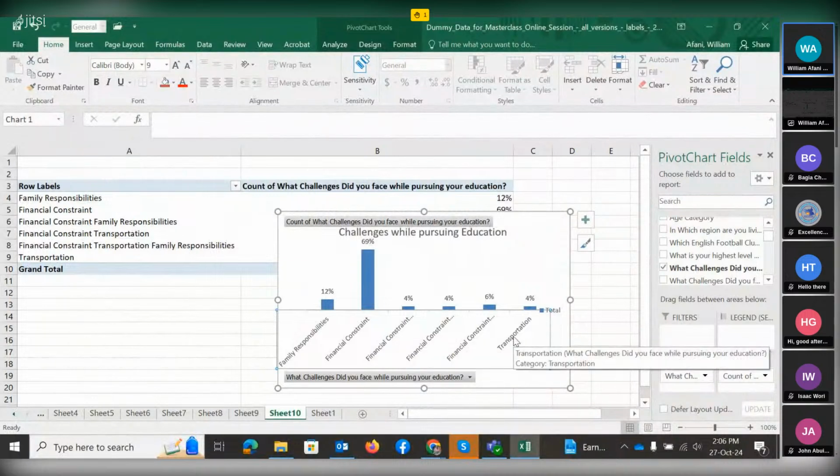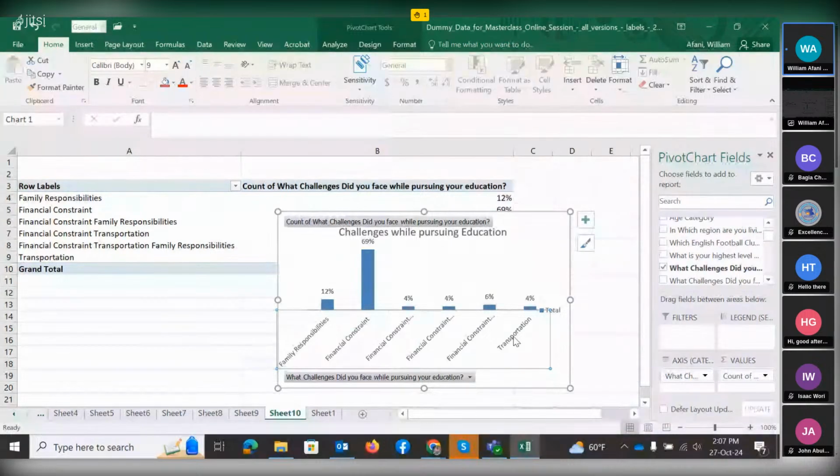Then lastly, people facing only transportation, 4%. So this is the analysis we have done for this question. What challenges did you face while pursuing your education? There is another way whereby you have the family responsibility separately, okay? Transportation or financial constraint separately. You sort them to bring only financial constraint, then you try to analyze. But this one has so many options. You will take them, clean, and place the categories differently. Then you analyze. But for the sake of today, we will have this one,